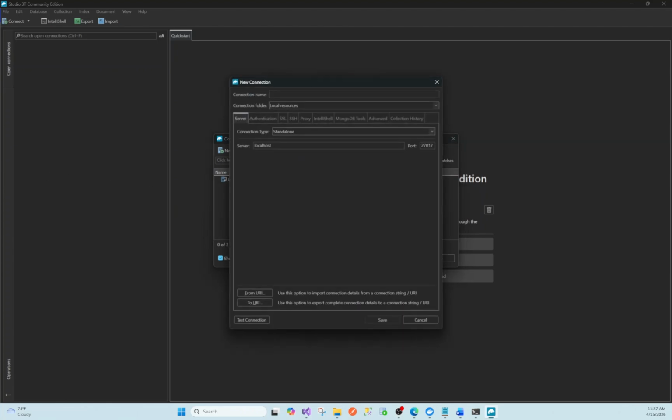Once you are done with it, it will ask few more details. You can give your connection name, test or local, so whatever name you want. So here local resources, and the connection type will be standalone. You have to select the standalone, and you have to give the localhost the URL. Here you have to give the port number. So the same